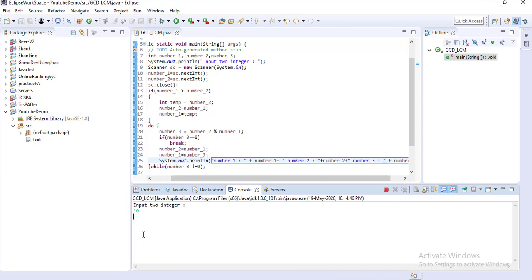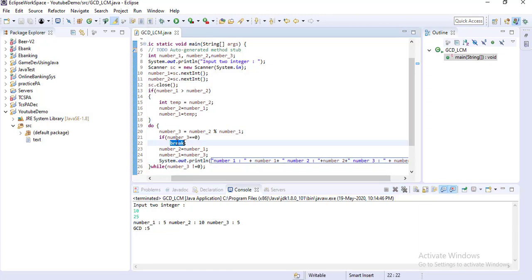So now give 10 and 25, and here you can see in the first iteration number 1 is 5, number 2 is 10, and number 3 is 5. And then in the next iteration number 3 would be 0, so the break statement will execute